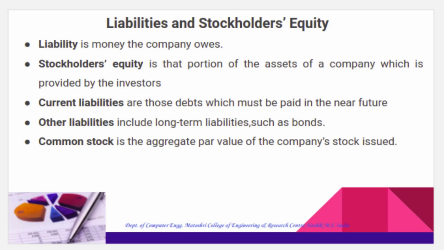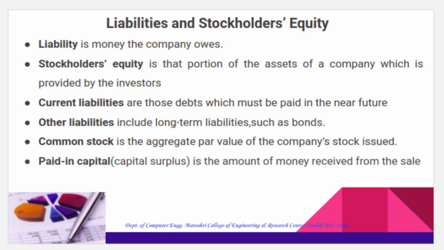Normally, corporations set the par value low enough so that in practice stock is usually sold at a premium price. Then retained earnings represent the cumulative net income of the firm since its inception, less the